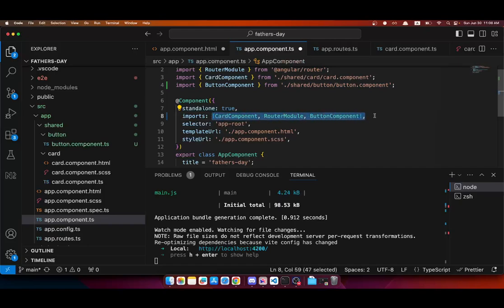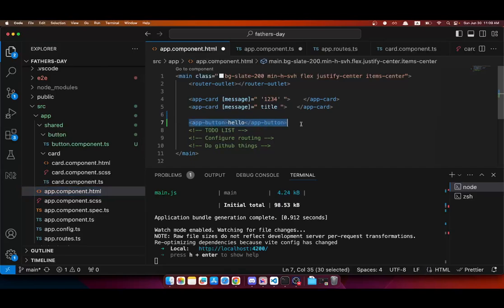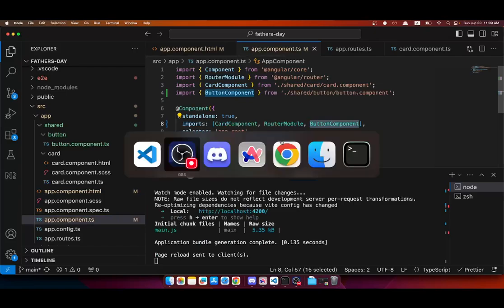You have to import all of the components you use like this, and it doesn't look nice. In the app component HTML, I added this. After adding this, it's going to complain. And then you have to go into your app component.ts to add this. Okay, so now if we go back to our web page,